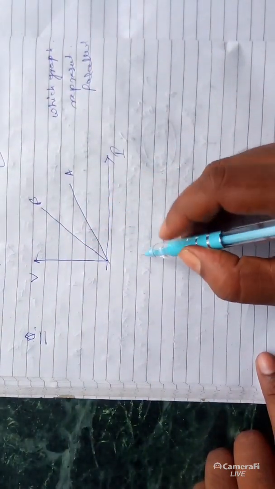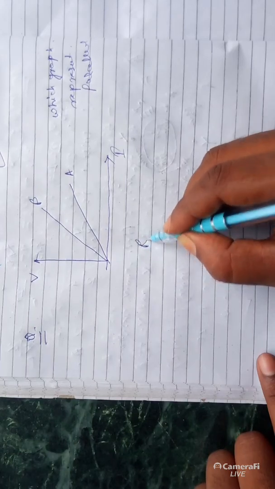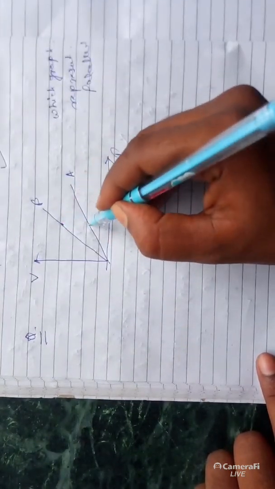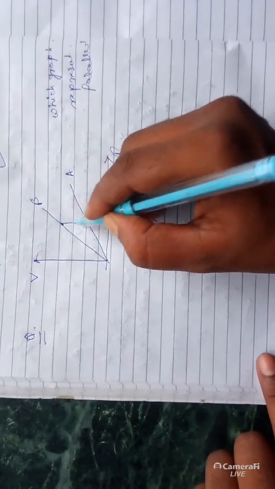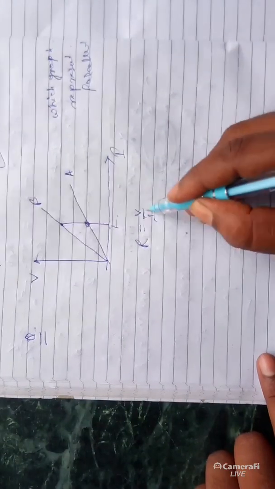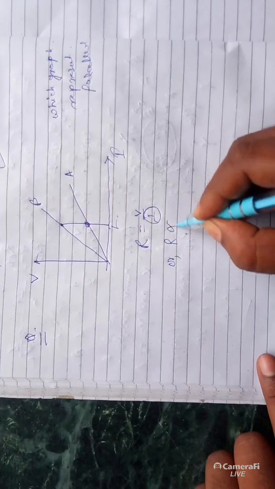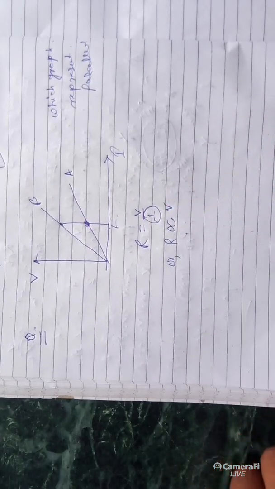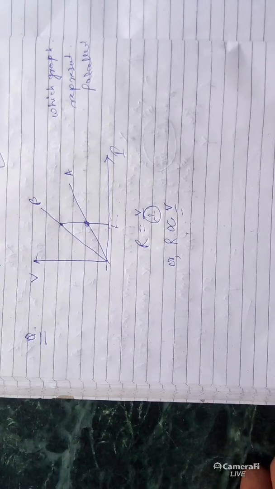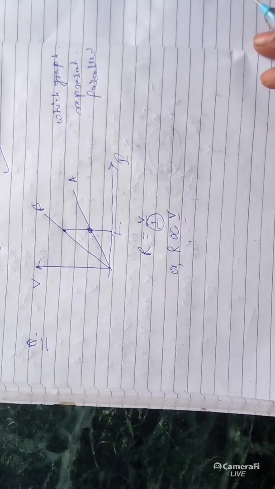So if we consider Ohm's law, V is proportional to R, or R is equal to V by I. Here I am taking the same point. You can take along this direction, no problem. So for these two points, the value of current is the same. So what can you write? R is proportional to V. If the resistance is large, then the value of potential is large.